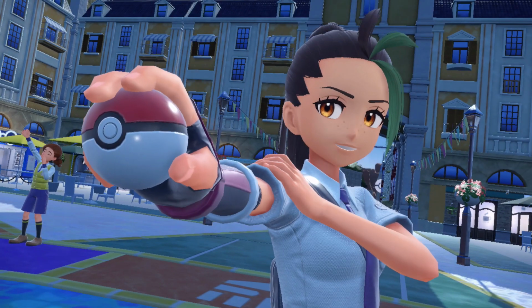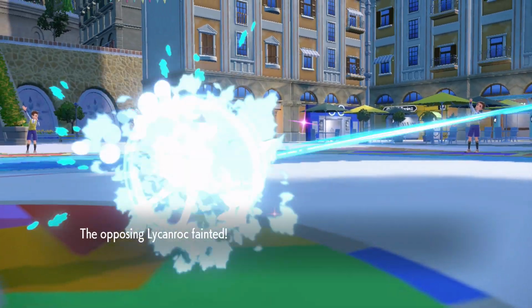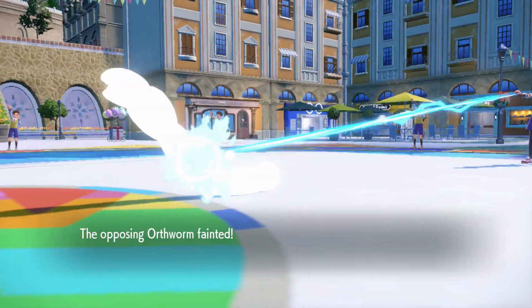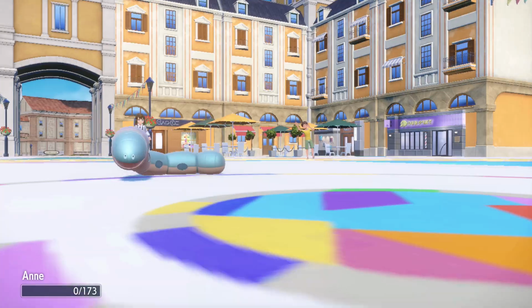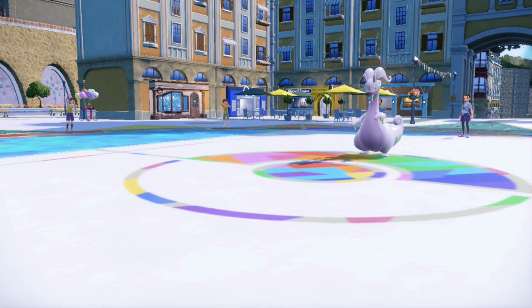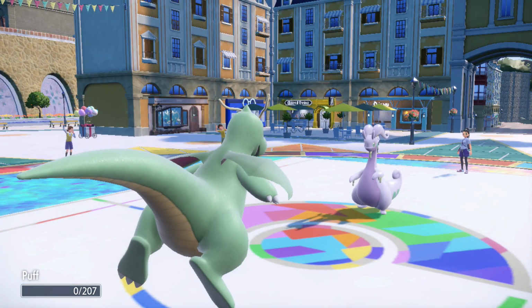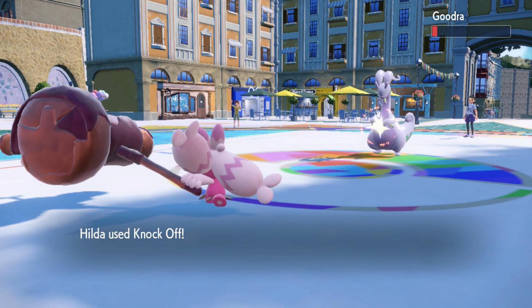The battle against Nemona started out insanely easy, as Lycanroc could do nothing at all to Anna, so with +6 defense, Anna went to work sweeping her team. Somehow, though, she was KO'd by the Gudra's Muddy Water, and that's where things got off the rails. Puff got crit again, sidelining him in the most important battle, and eventually Hilda was able to finish off the